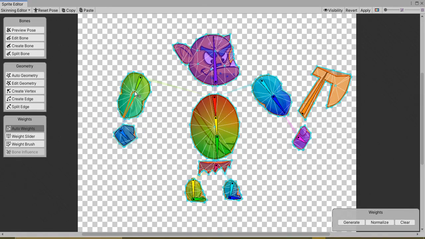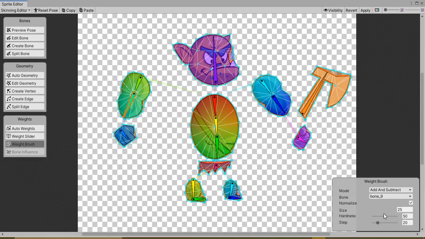If you're not happy with the weights it generated, you can go for a weight brush and add hardness and steep and everything. You can click on the bone which you want to increase the weight of and you can increase it. Suppose I made the whole of this arm weighted to this bone itself, so the whole arm moves when this bone moves, and this basically has very less weight. I'll increase the weight of this also and make it uniform.